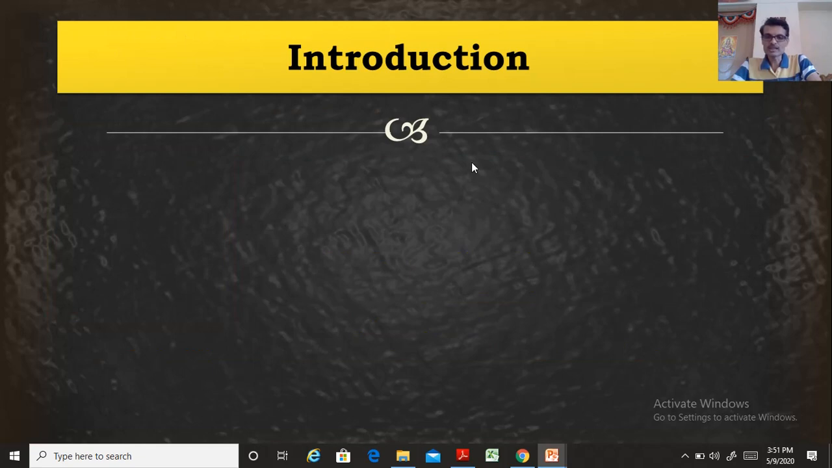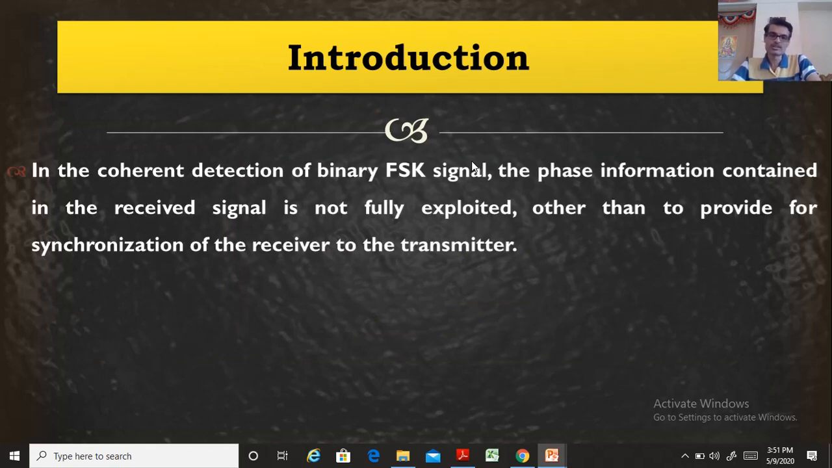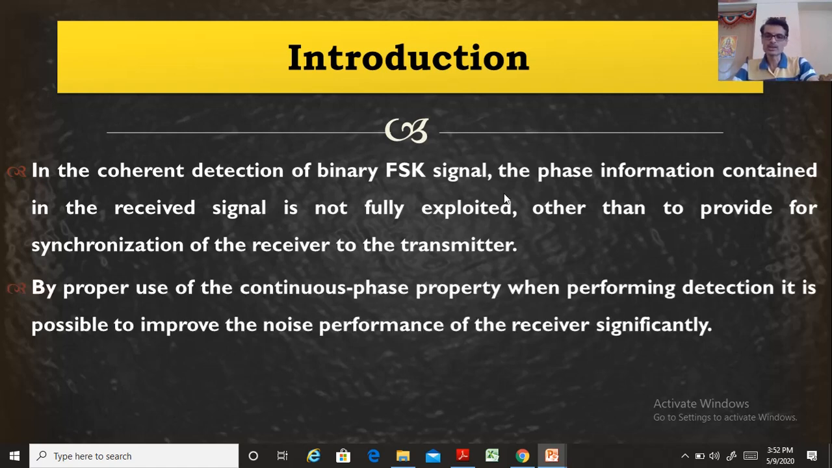Now in that binary FSK method, if I use a coherent demodulation technique, there we maintain the synchronization in terms of the frequency and the phase between the local carrier in the receiver and the transmitted carrier. Except for maintaining synchronization, we are not fully utilizing the phase information in the coherent demodulation of the FSK signal. Now what we can do is make use of that continuous phase property in